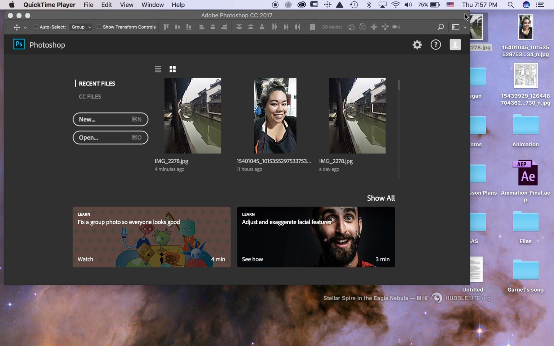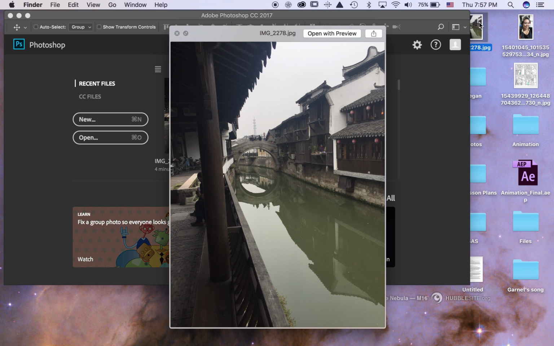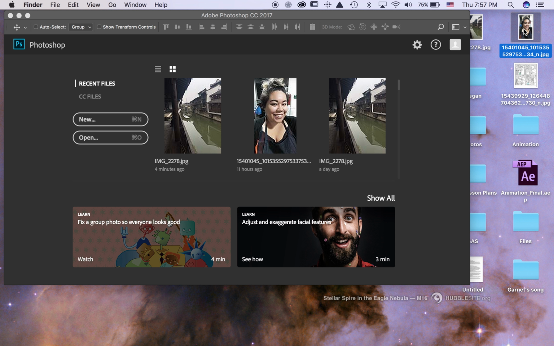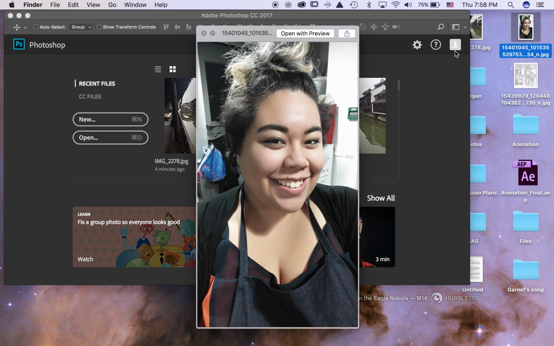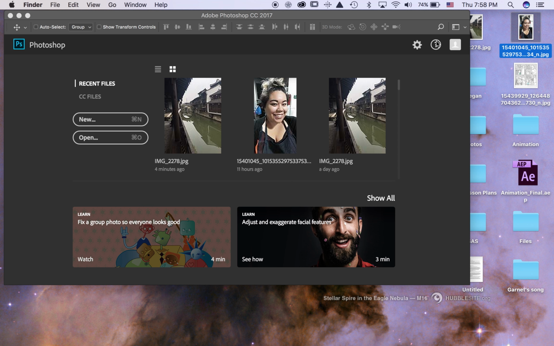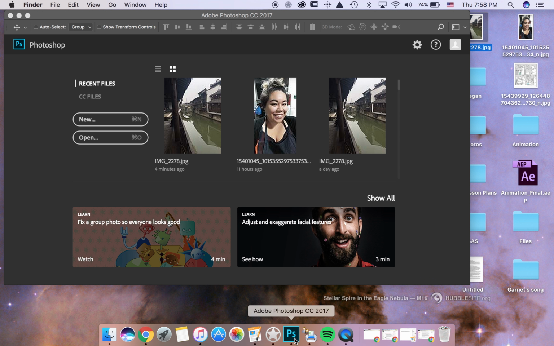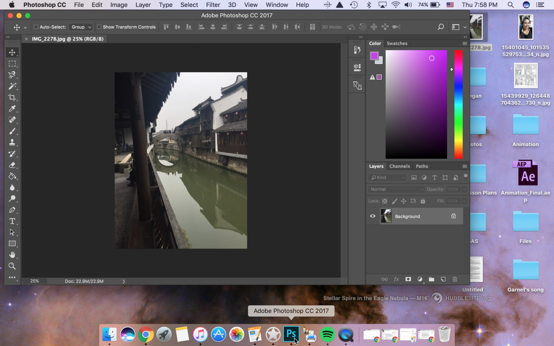And the first thing you're going to do is make sure that you have your image of your landscape that has no people in it. So this is mine, and a photo of yourself. Now you need to be able to see the eyes in this so that you can follow along with all parts of the lesson. So the first thing you need to do is drag the landscape photo onto the Photoshop